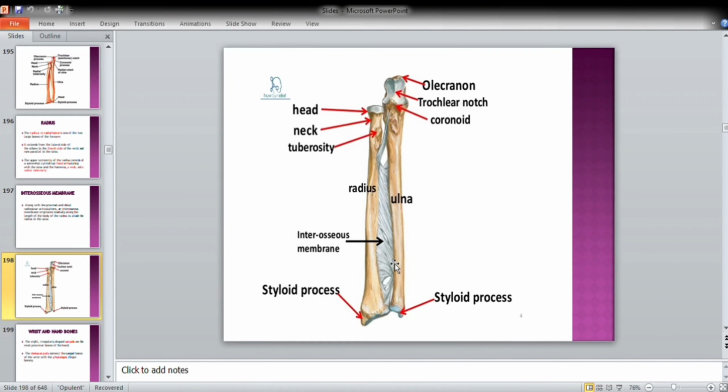Between the radius and ulna lies the interosseous membrane. The interosseous membrane is located between the radius and ulna. As you can see here, it's a thin membrane. These are the styloid processes,